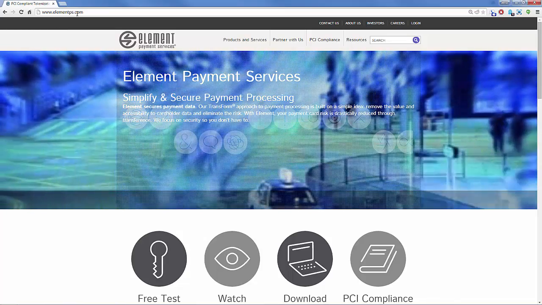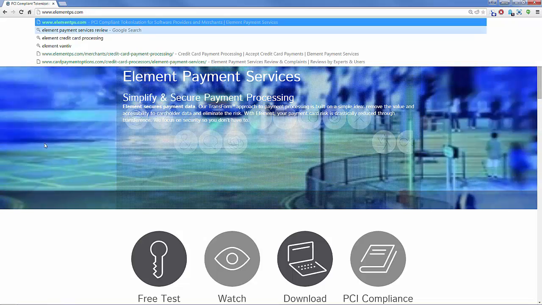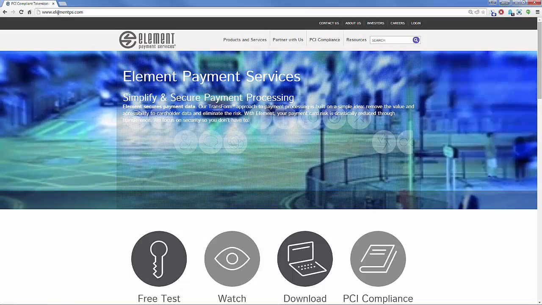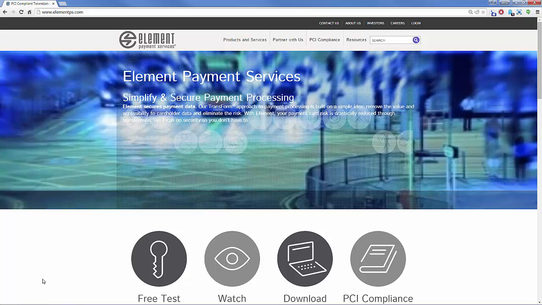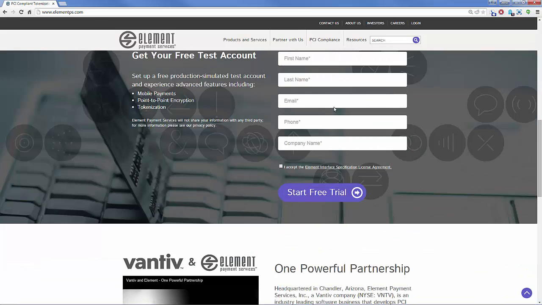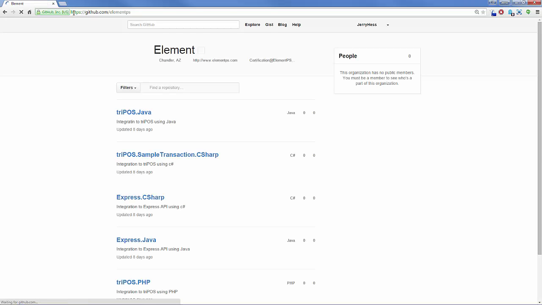For today's demo, the first thing we'll need are some test credentials, and for that, simply head over to our main page, elementps.com. Scroll down and you'll see a form here. Fill that out and hit submit, and your credentials will be emailed to you shortly after that. Once you have test credentials for the Express platform, let's head over to our brand new GitHub repository, and